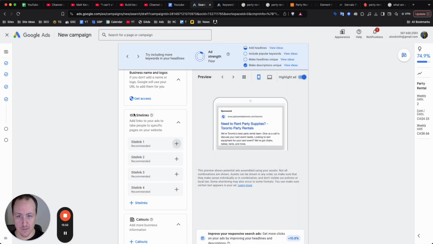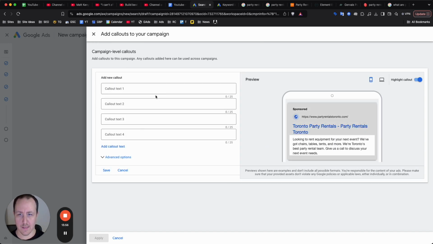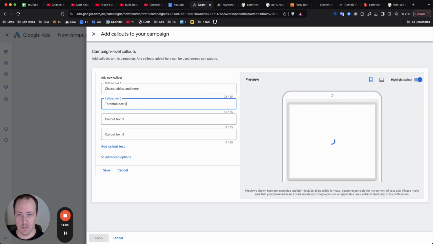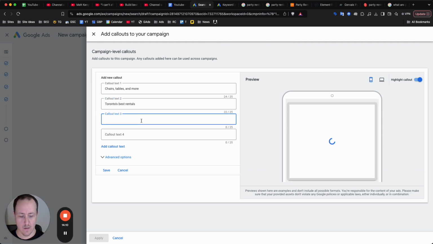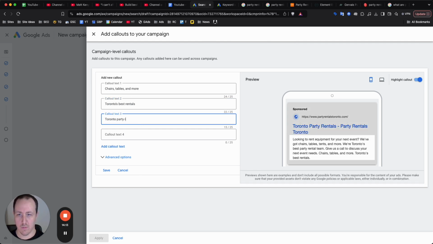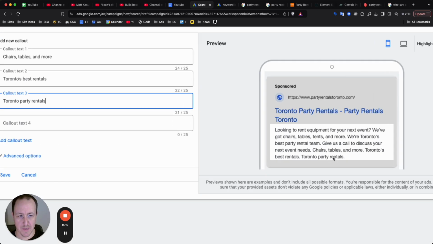So you want to add those, and you want to also add callouts with things like, again, chairs, tables, and more. Toronto's best rental team. Does it fit? No. Toronto's best rental, right? Toronto party rentals, right? You just want to add at least 6 to 10 of these, just because Google will add it